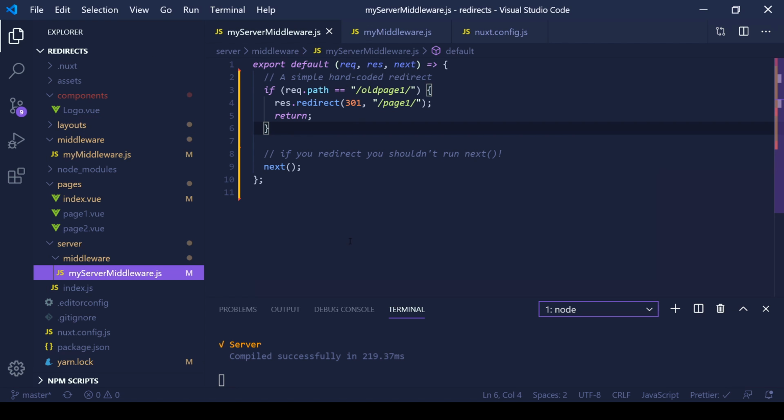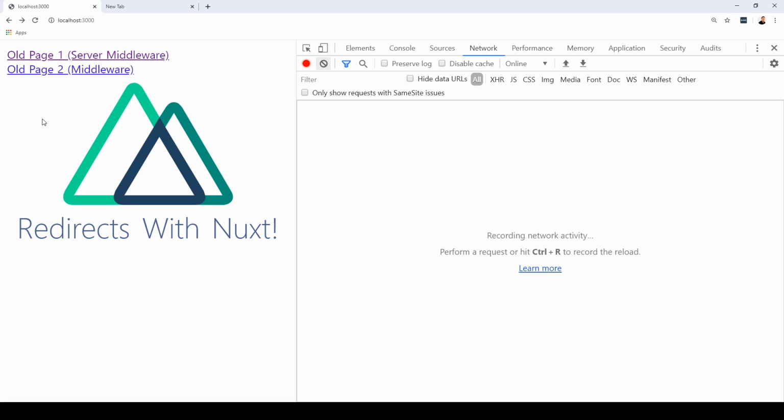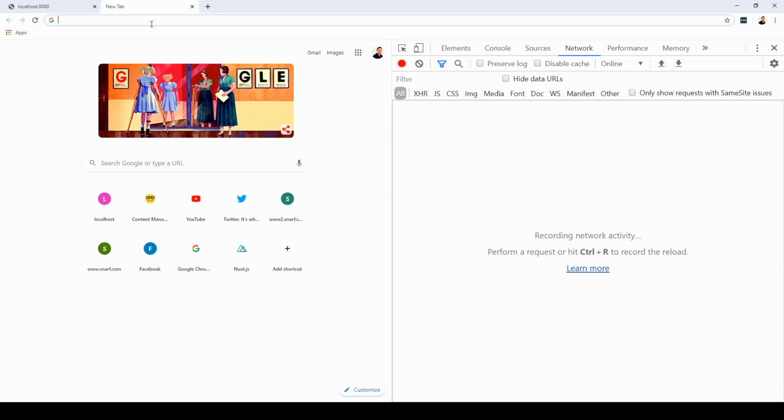Here I have a hard-coded redirect that is a 301 from the old page 1 to new page 1. So let's take a look at how that actually works. What I'm actually going to do is hit the page exactly as a robot would. So Google, Bing, or a user following a link is going to hit it with that old page right in the URL. So I'm just going to go to this new tab,